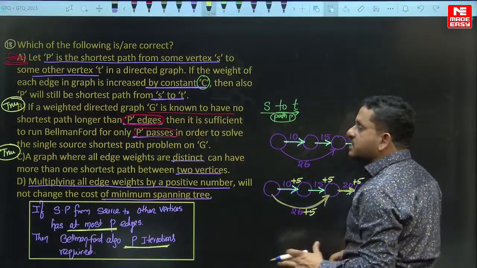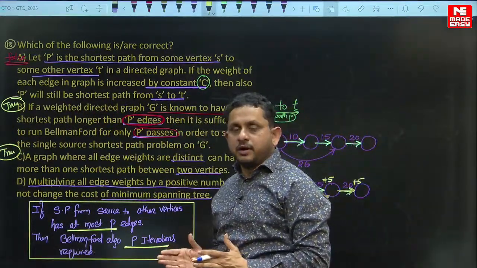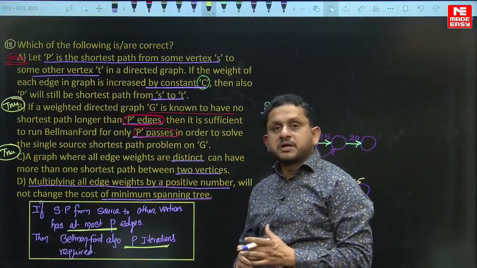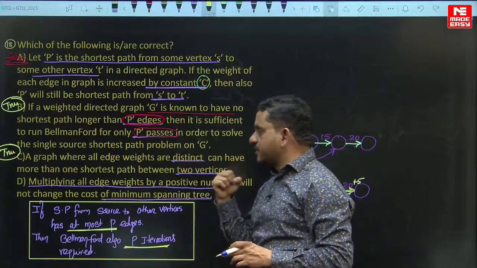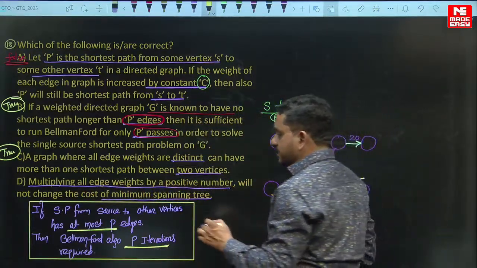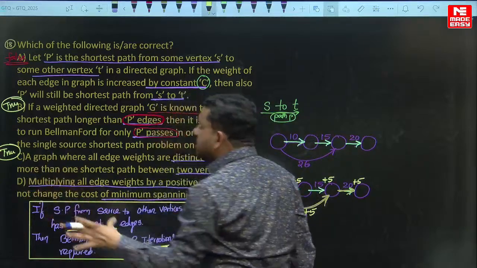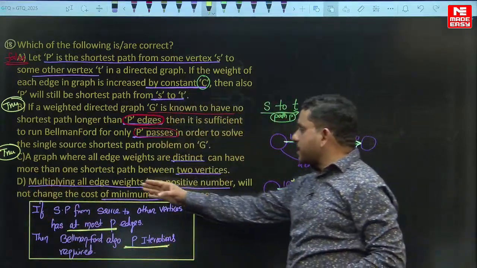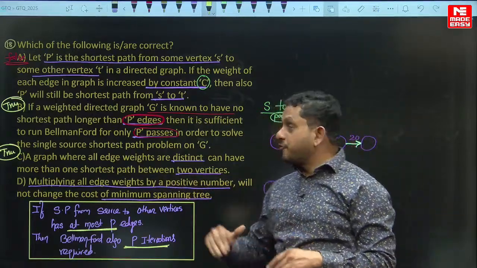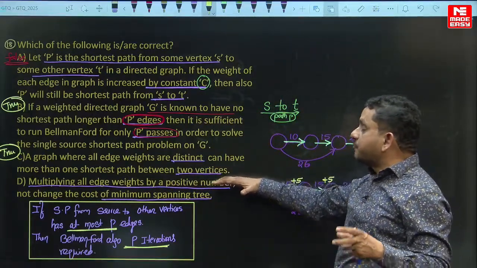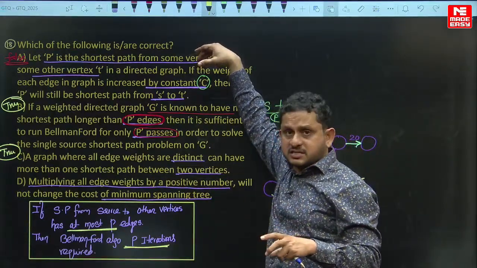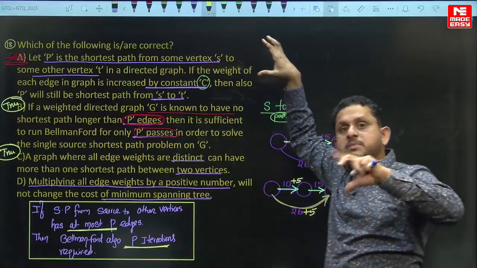If edge weights are distinct, only a unique MST is possible, but not a unique shortest path. The shortest path may not be unique, but MSTs are unique for distinct edge weights. Now, multiplying all edge weights by a positive number, under the assumption that edge weights are positive, or adding the same positive number to all edges, the shortest path may change,